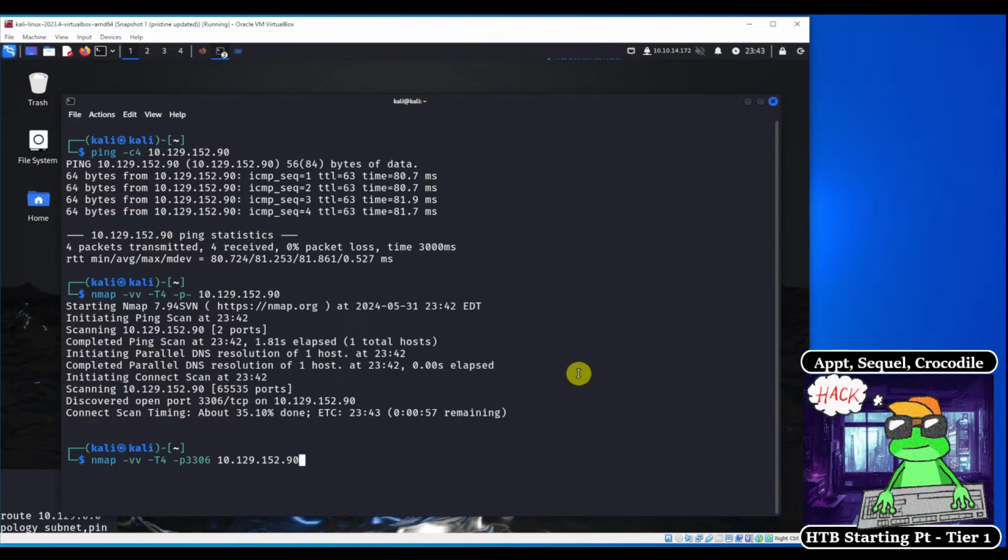All right. So nmap -vv -T4, the port number we found, which is this. We also want to run it with -sC, which is going to run